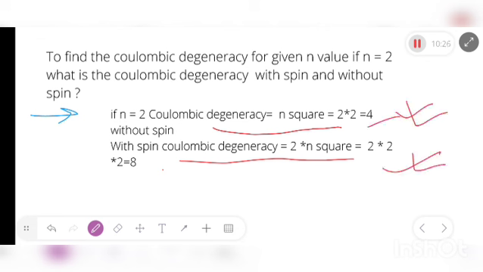So these formulas you need to remember. These are very small questions, so you can easily get marks out of this. People generally target the core subjects like MMP, QM, CM, SM. They neglect this advanced part, but this is also very important because it will help you to score more marks.